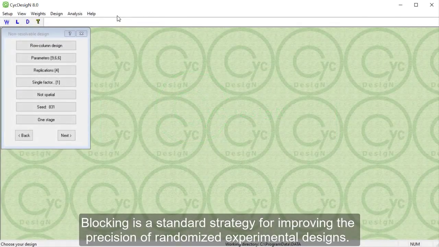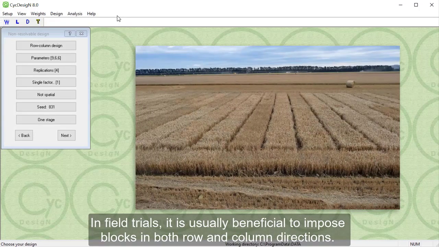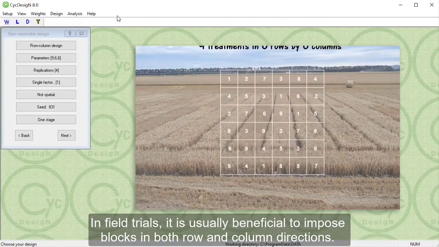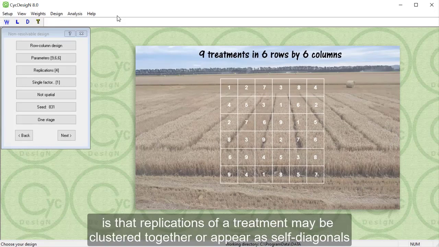Blocking is a standard strategy for improving the precision of randomized experimental designs. In field trials, it is usually beneficial to impose blocks in both row and column directions. A common problem with classical randomized row-column designs is that replications of a treatment may be clustered together or appear